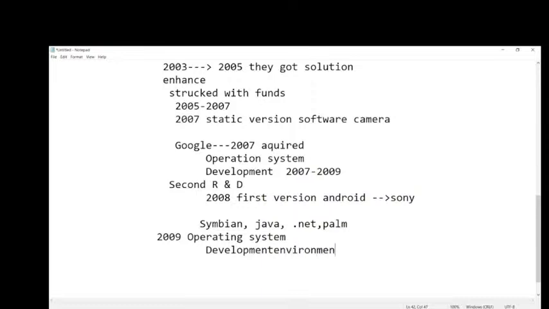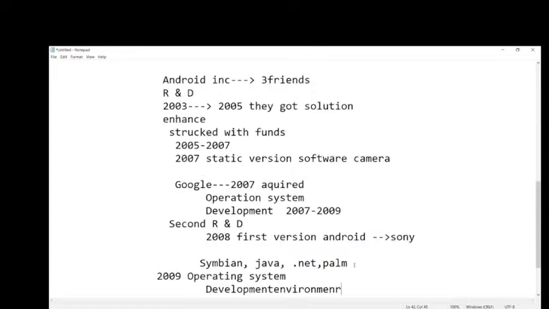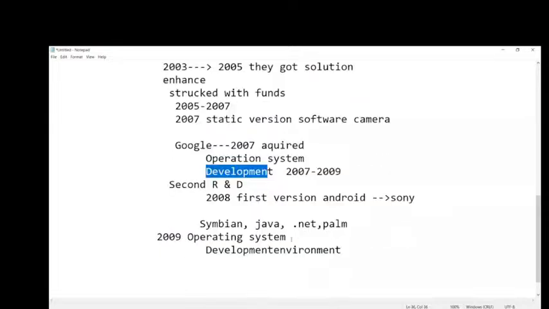They had already targeted this in 2007 itself. They developed this environment by the end of 2009, almost December, so I consider it as 2010.